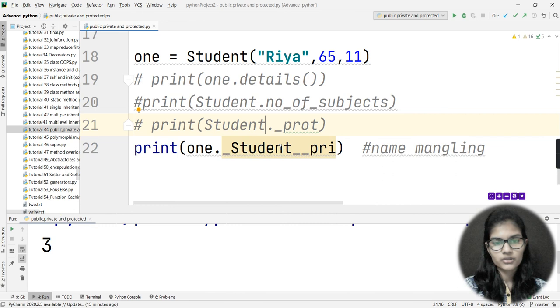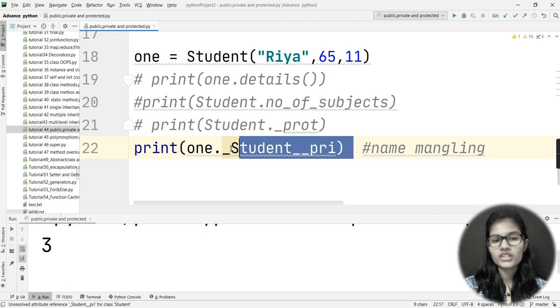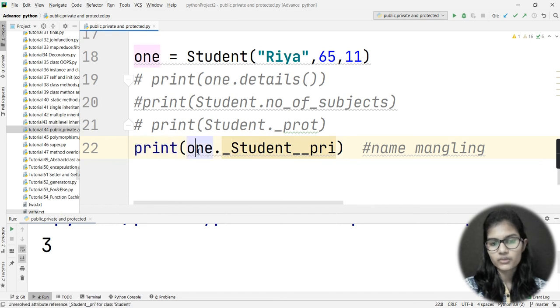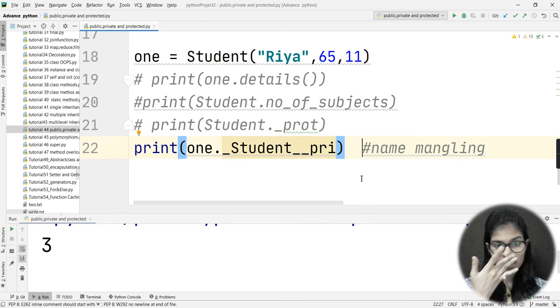So that dot need not be put here; we do not need to put any dot at this place. This is how we access the private variable. Whenever we apply this procedure, first you write the name of the object, after that you put a dot, then write underscore, then the class name, and then double underscore PRI, that is my private variable, right? This is called name mangling. Name mangling means that if you have declared a private variable, it will not be accessed so easily, for example if you are in a hurry and simply access your private variable by mistake. So this should not happen.